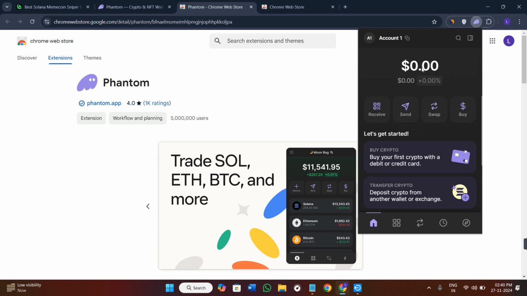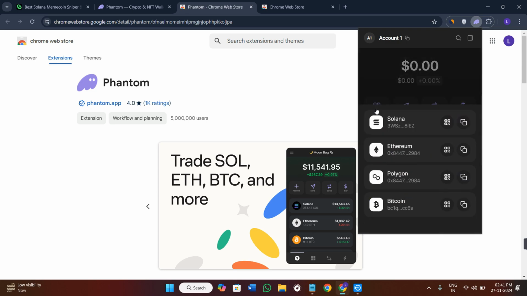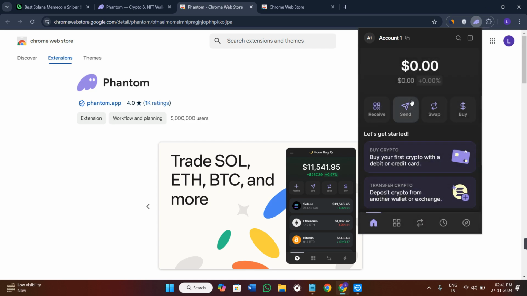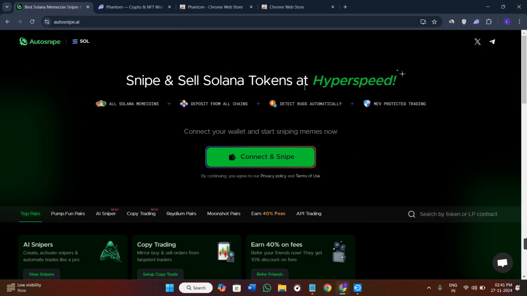or if you haven't already created your account on Phantom, I would recommend you to create one and deposit some Solana into it. If you don't know how to deposit Solana into your Phantom wallet, then you just have to simply click on the receive option, and here you need to copy the address of Solana from your Phantom wallet. Then you can use any other exchanges or wallets from where you can easily send Solana into your Phantom wallet. Now, once you have successfully set up your Phantom wallet, now is the time to link your Phantom wallet